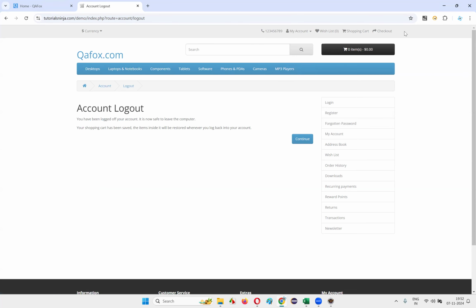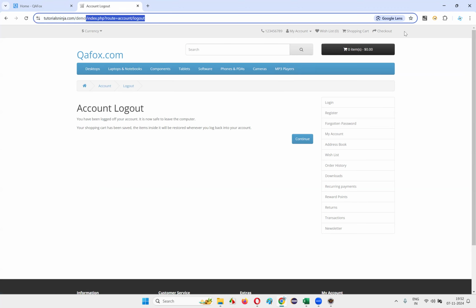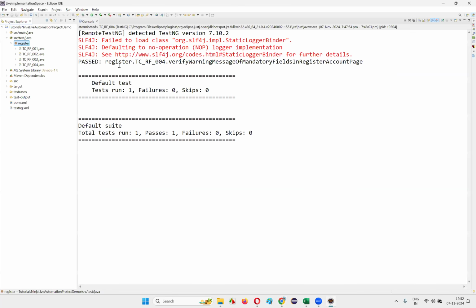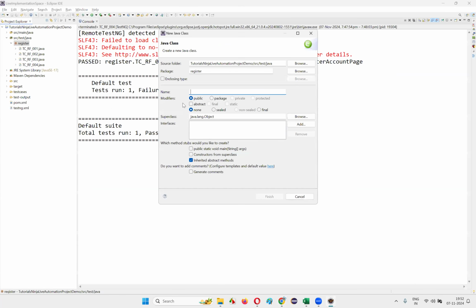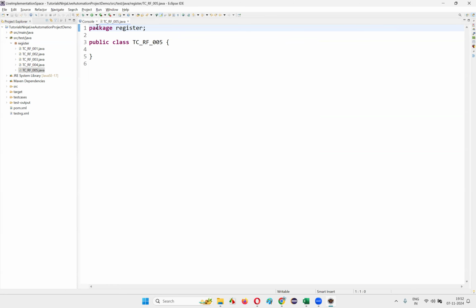So to automate that, I'll log out and then go to this application page. I'll create the test case right here. Select new class. I'll just create the test case RF 005. Finish. Fifth test case, guys. In the fifth test case, I'm going to create a method public void